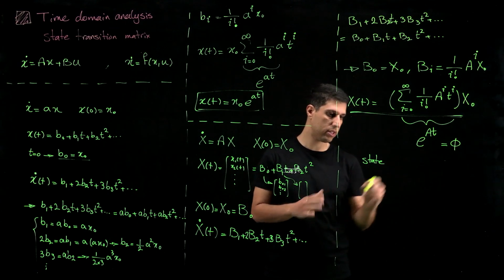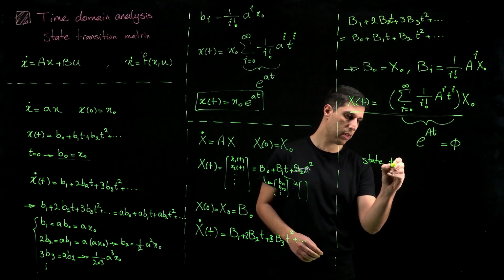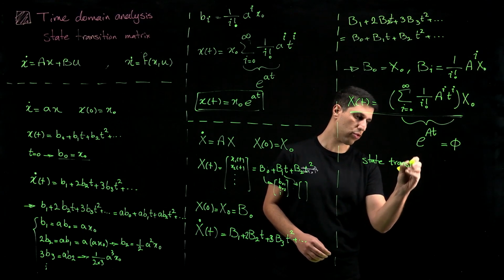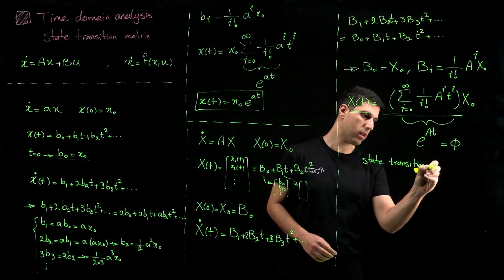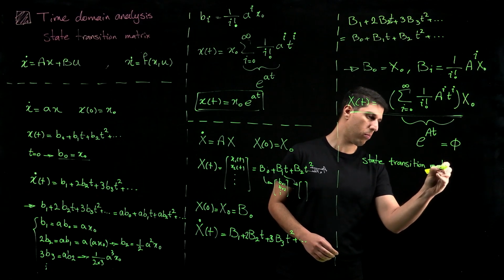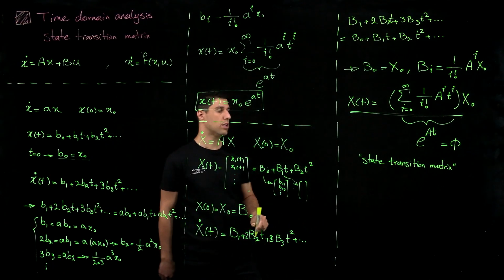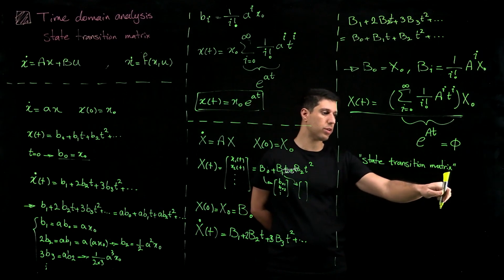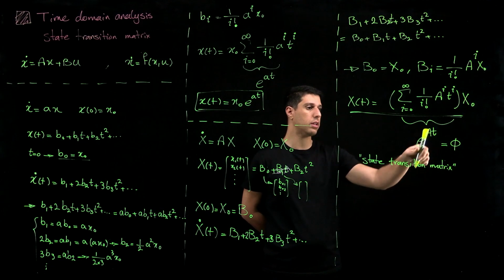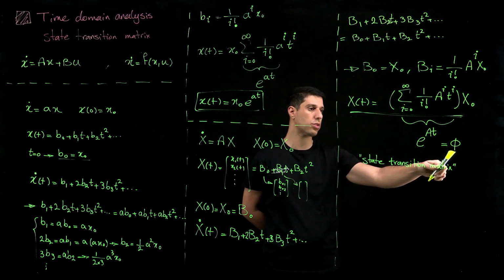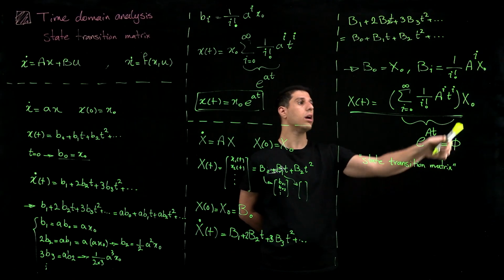I don't know. So you can calculate your state transition matrix, which is this e to the At, or sometimes use the notation Phi,